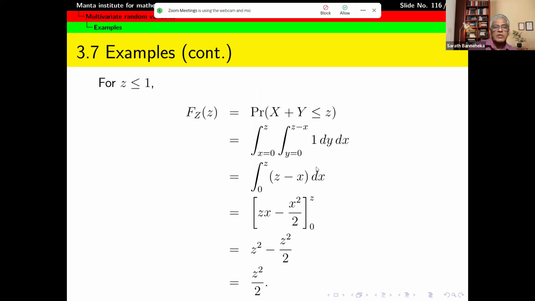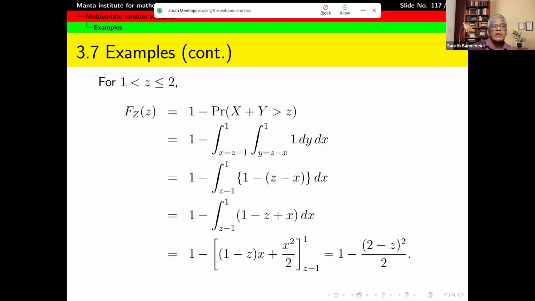And then, as I mentioned, when z is in the interval greater than 1 but less than or equal to 2, the probability that Z equals 1 minus the probability that x plus y is greater than z, right? So that area can be obtained again using this integration, right? In that case,